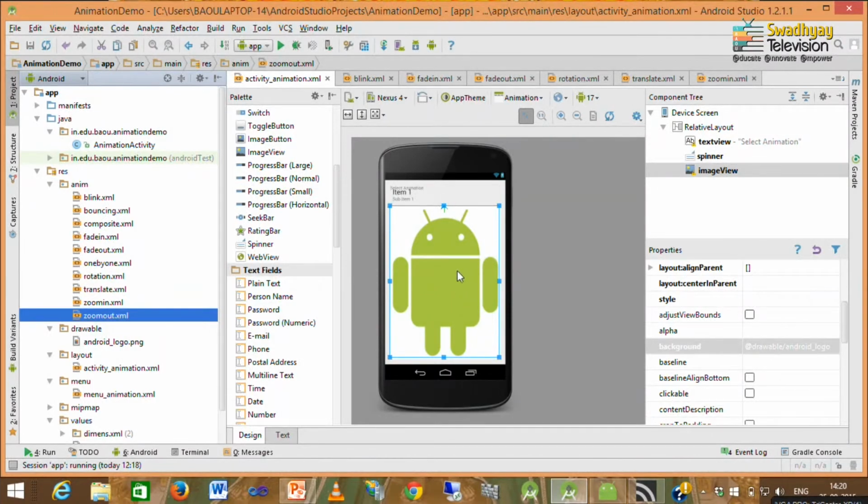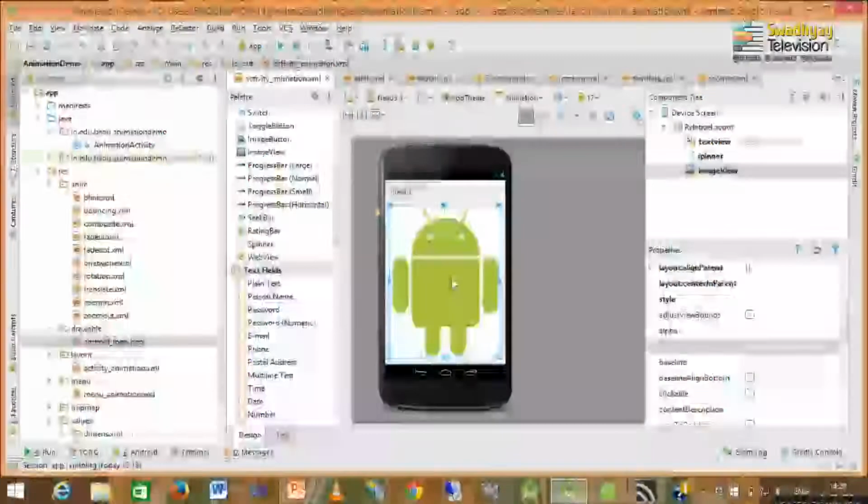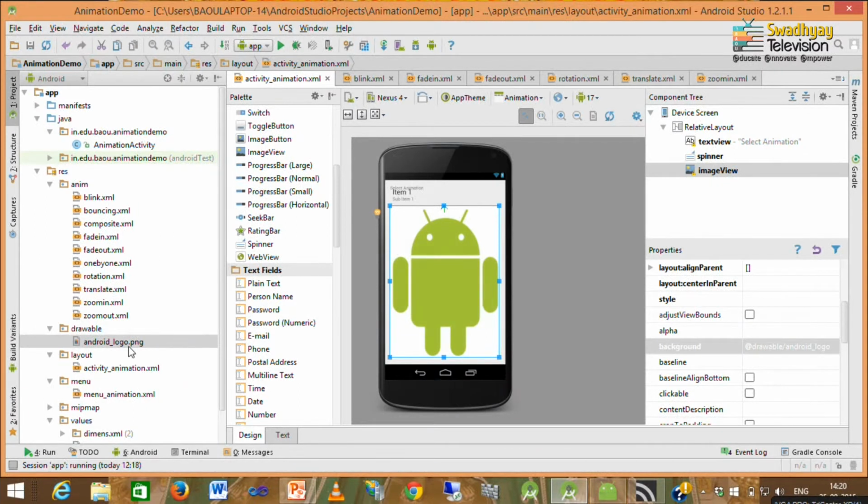Now, remember, in the image view I have set the source property. Here you can see the background is set, which is available in the drawable folder as the Android logo.png file. So, here I have already loaded our Android logo from the drawable folder.